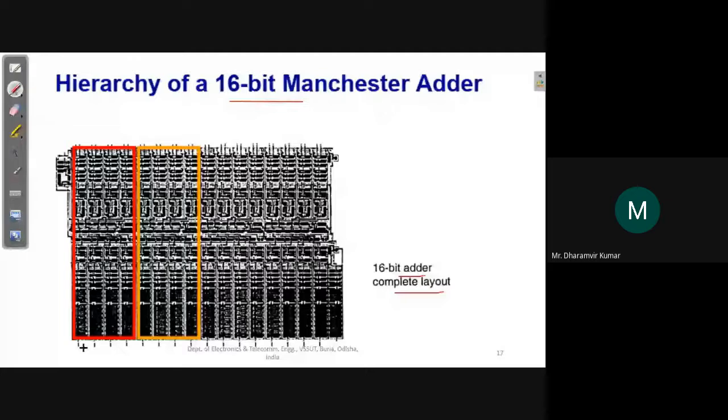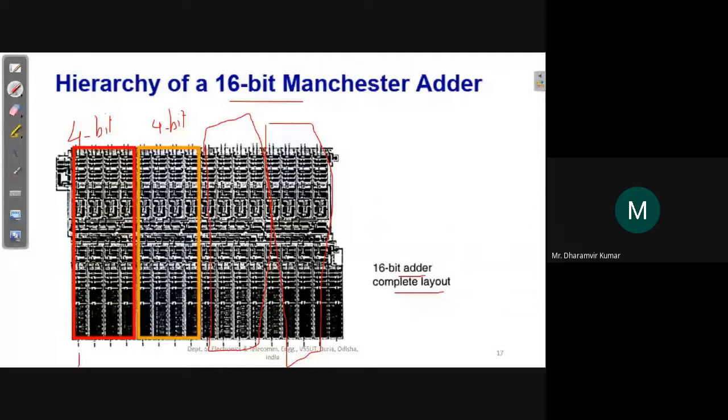So this highlighted one block is for 4-bit. This is also for 4-bit. Similarly, here for 4-bit, here for 4-bit. So 4 plus 4 plus 4 plus 4 becomes 16-bit. So this is the structure layout for 4-bit, and in this 4-bit you can find some pattern here.